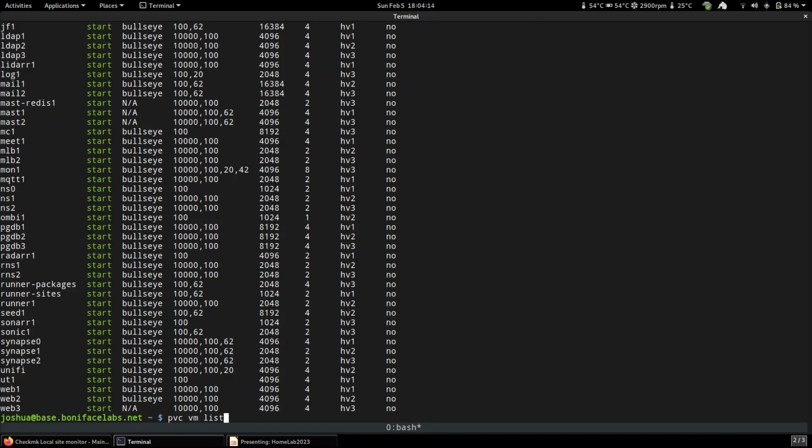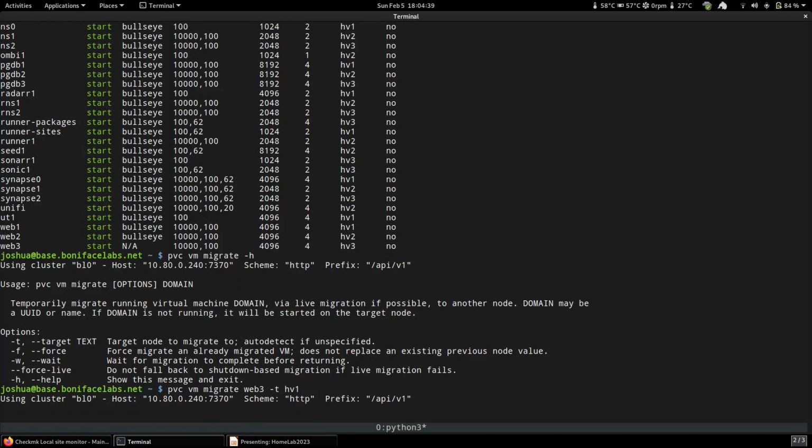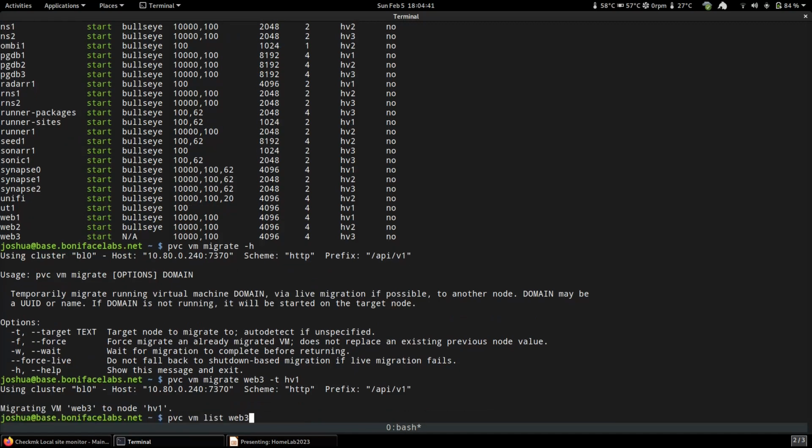So I can actually show here, I can use the migrate command to move. Migrate and move are different commands, and they do different things. Migrate's temporary, move's permanent. But I can migrate a VM. Let's say I want to move Web 3 off of Hypervisor 3, where it's currently on, and just move it to Hypervisor 2 real quick. So I can just migrate that, and then I can list Web 3 to just show that one